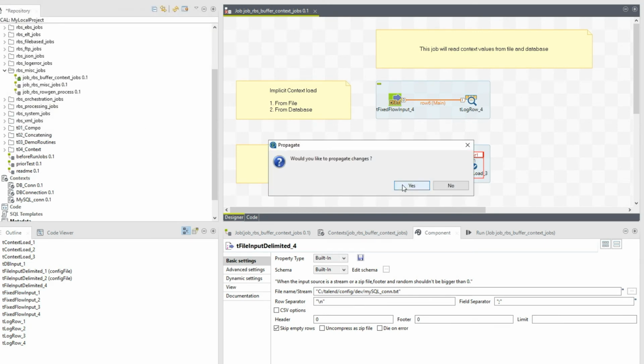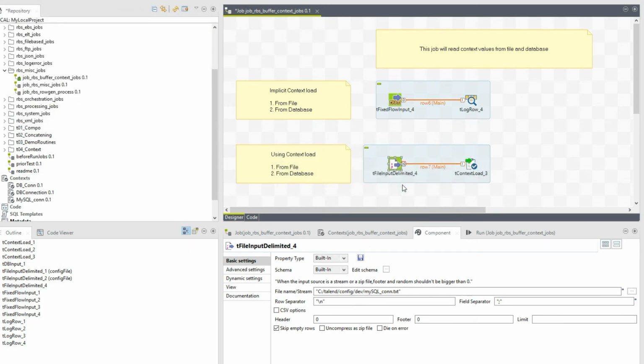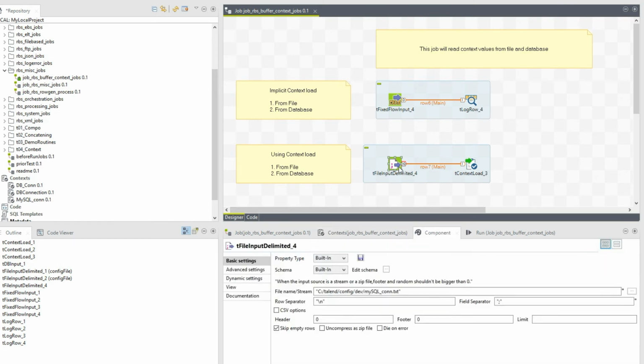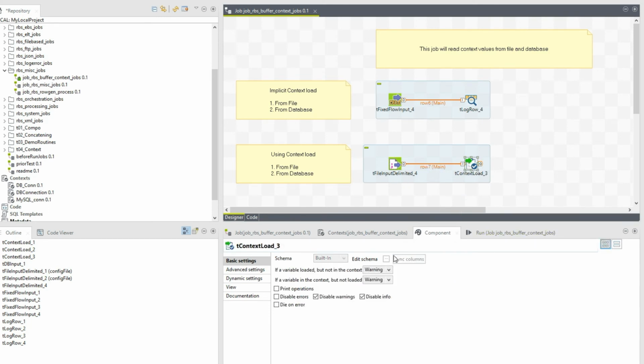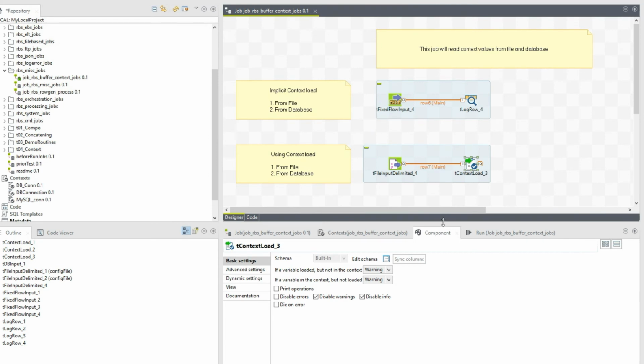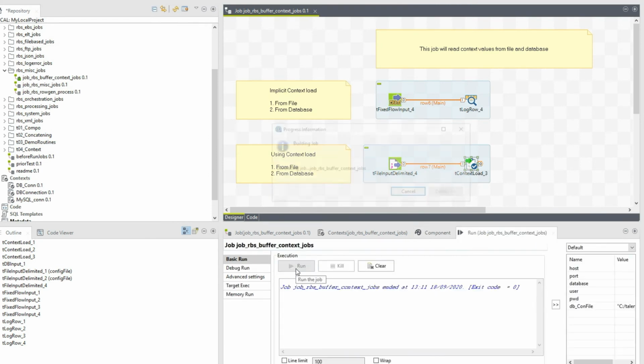Alright, so context always needs these two, key and value pair, so that it properly sets the values. I purposefully missed this so that I can show you how to troubleshoot in case of any issues with context load. Now that we have created it here, if you go back and see, the key and value are now matching. Click OK, go to the Run tab, click on Run.